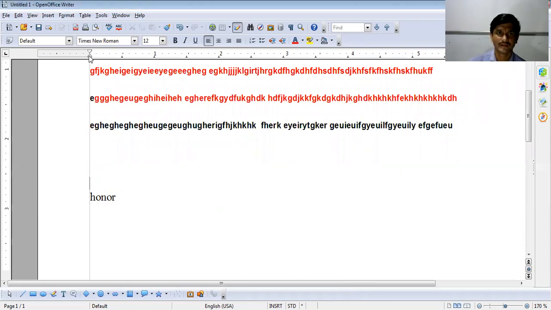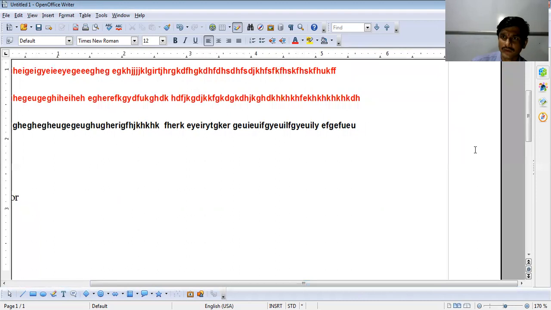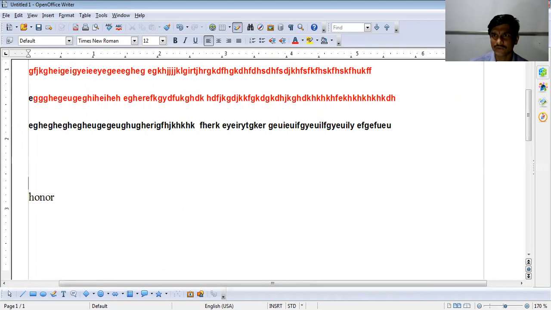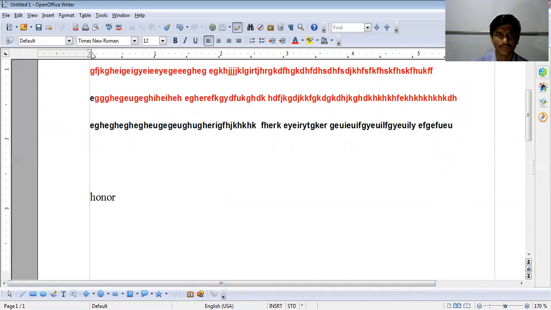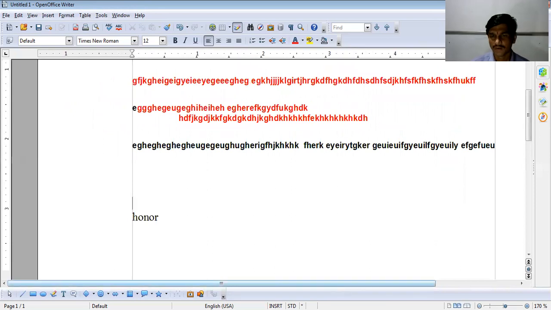This is the left indentation and this is the right indentation. See, this is the right indentation. Directly you can set the indentation of your page. Like this you can set your page margin by using indentation.